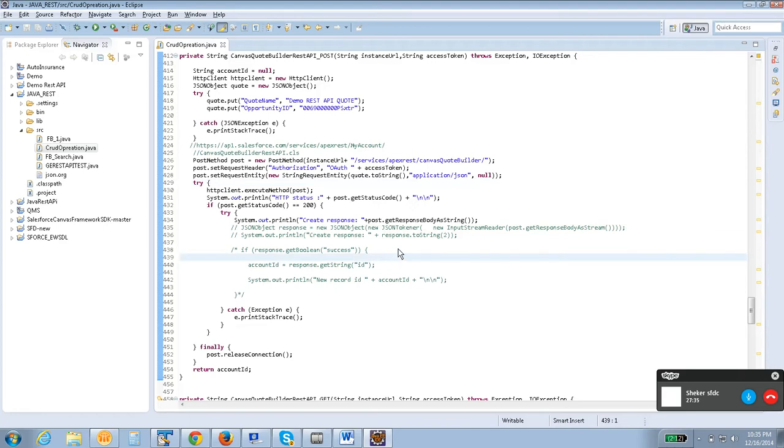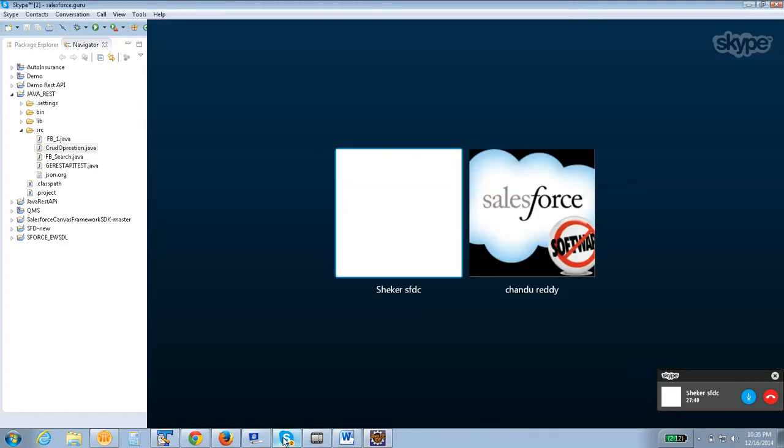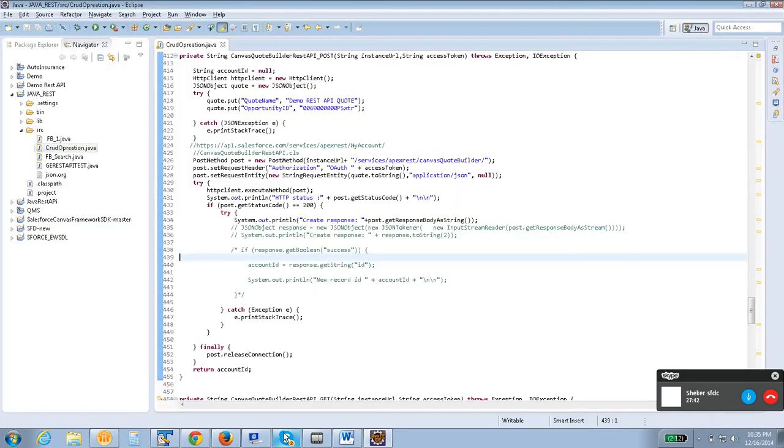So here you have used the same mechanism, right? In the other classes, you have used that secret key ID, which is from the connected app. Correct. So you're using the same thing for authentication, right? Yeah, this is the same for all.